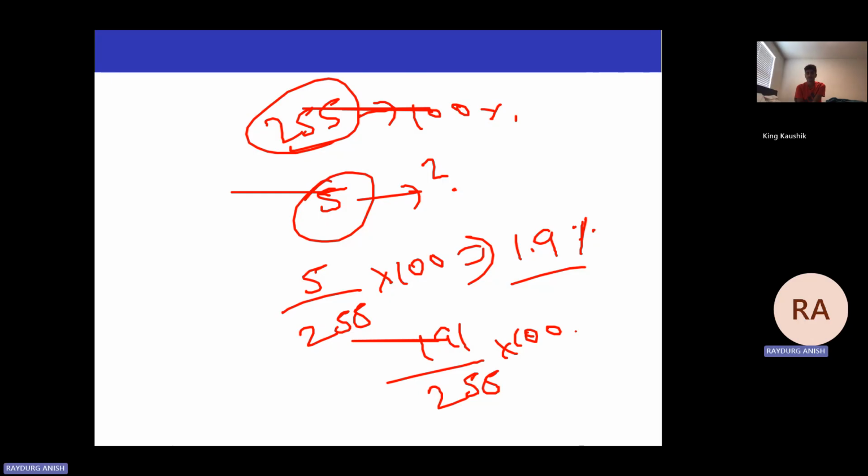Yeah, but first use a calculator and check. 191 divided by 255 equals